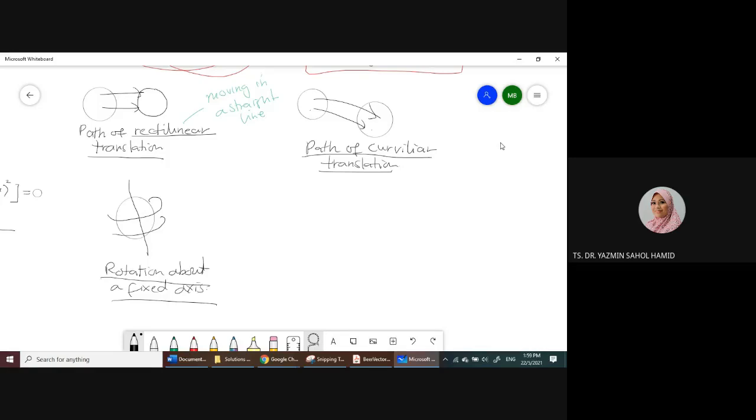Boleh tak guys? Okay, mungkin I kena... Boleh, madam. Okay, and then one more. This one is what you call plane motion. Okay, plane motion ni pula, dia combination